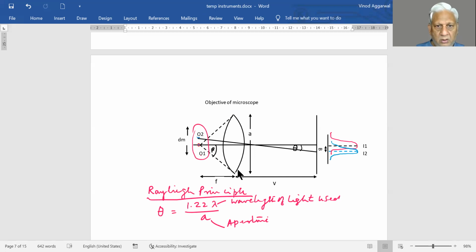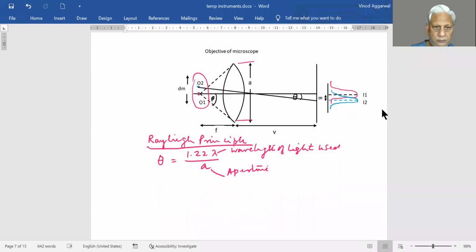In our case, A is the aperture, which in our case is the full diameter of the lens. This distance B, which is the minimum distance required for the 2 images to be resolved, is also